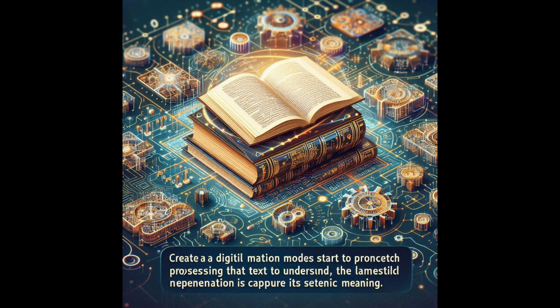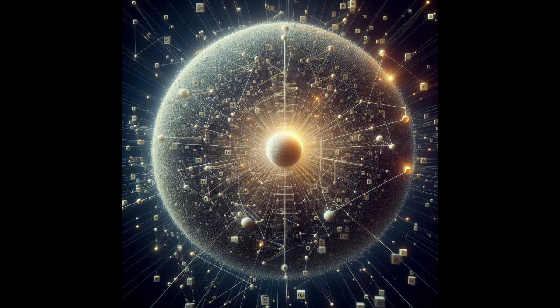Imagine a vast, multidimensional space where each point represents a unique piece of text. This is the world of text embeddings. At the center, there's a large glowing sphere representing the input text. The sphere is connected to multiple points in the space through beams of light, symbolizing the conversion of text into